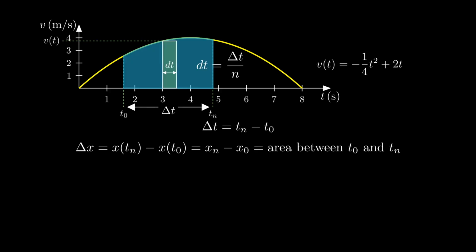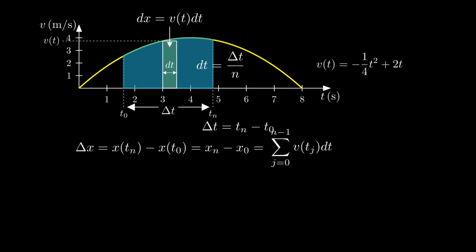I will use dx to refer to the area of this rectangle, and it represents the approximate displacement of the car in the time interval dt. It is the height of the rectangle multiplied by the width. It should make sense that the smaller the width dt is, the more accurately dx approximates the actual displacement in that small time interval. The total displacement is therefore the sum of all these small dx displacements,